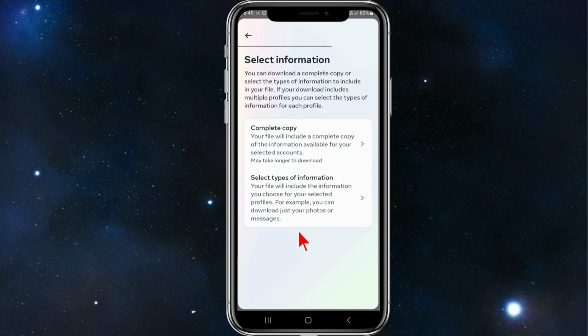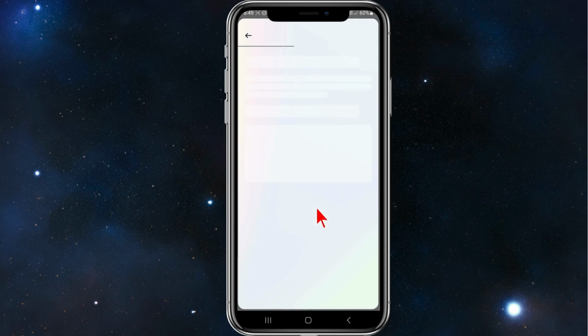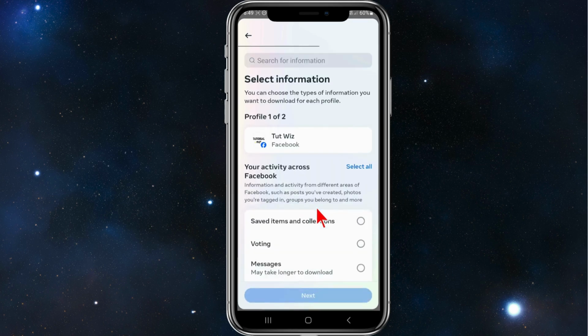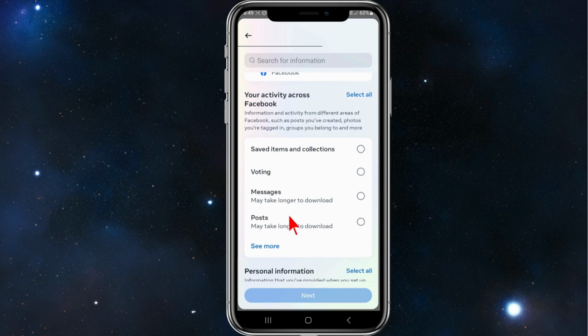And then on this page here, so here you can download a complete copy of your Facebook messages, or you can select the type of information you want to retrieve. So click on to the second option, wait for it to load, and then scroll down a bit and then click on the messages like that, and then click on to next,